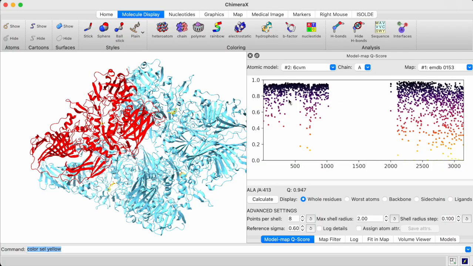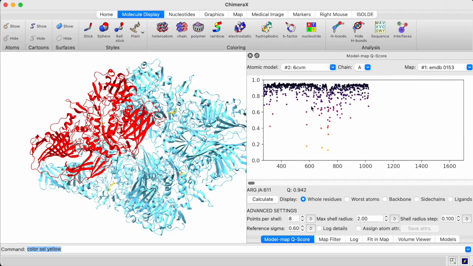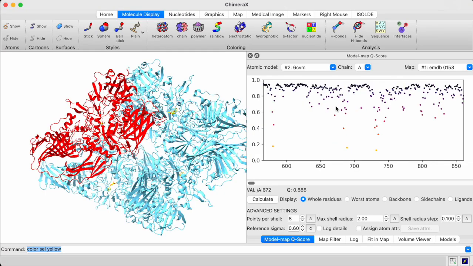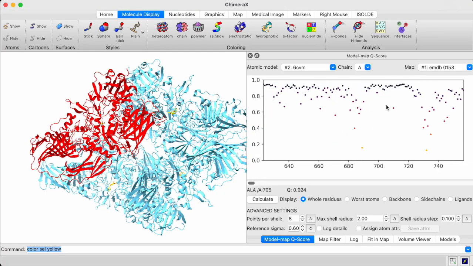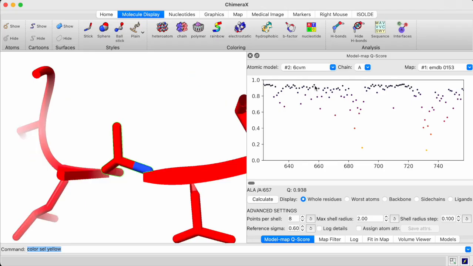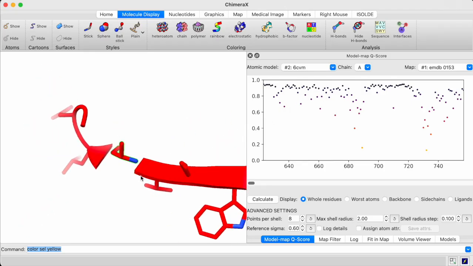Once the scores are calculated, they will show up on this plot, and each point represents a different residue. At the beginning here, up to residue 1000 are the protein residues, and starting at 2000 are the ligands and the water molecules we saw earlier. On the plot, if I use the wheel on the mouse, it will zoom in, and then I can see the points a little bit better. And here what we can do is click on a point, and it will take me to that